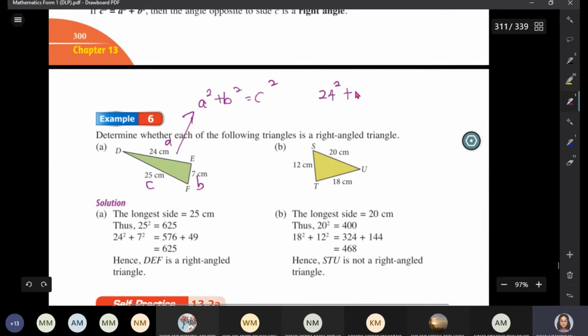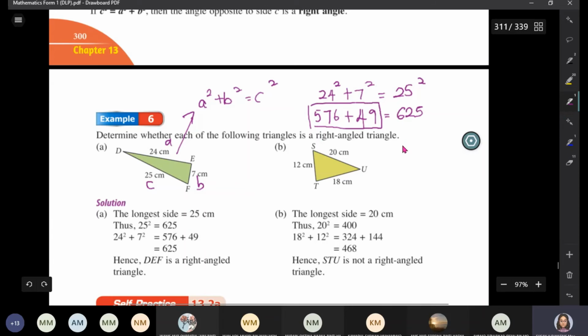24 square plus 7 square, do you get 25 square? Okay, so 24 square is 576. 7 square is 49. 25 square is 625. So you try to add 576 plus 49. Do you get 625? Okay, yes you do. So if you get 625, that means this is proven that